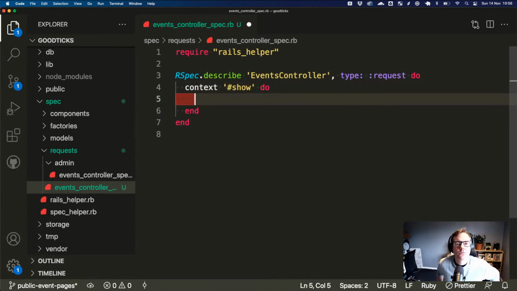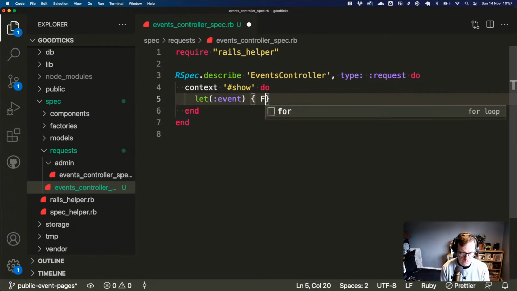So we are expecting people to be able to see the events page. Let's say you're running an event, like a coffee morning or a fun run or a marathon or whatever it is. You want people to see it, and we haven't yet added any access control things. There's no published or unpublished or anything like that. So at the moment, if an event exists, it can be seen. So what do we need? We need an event,